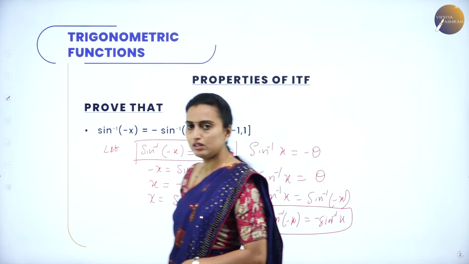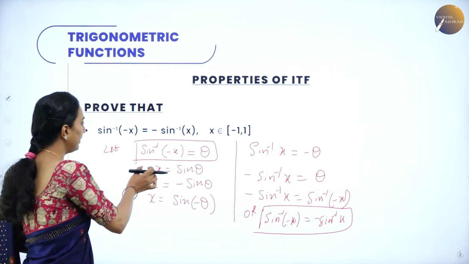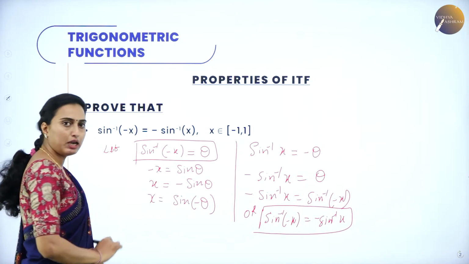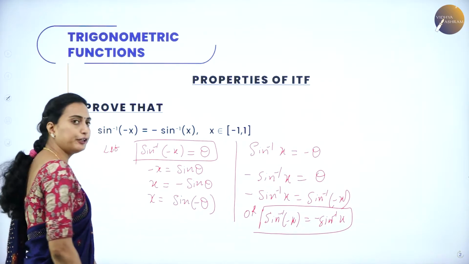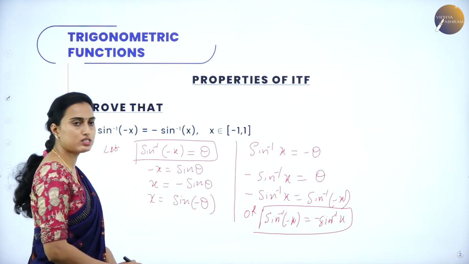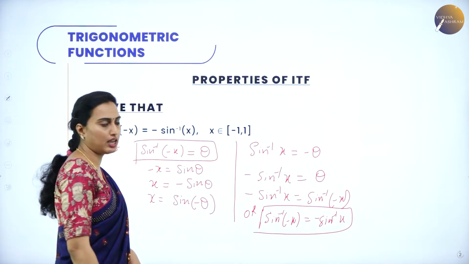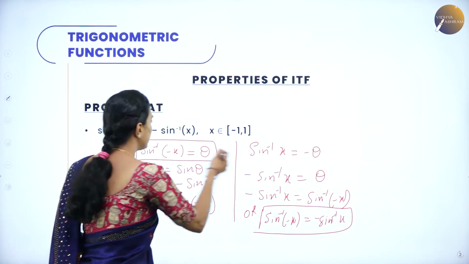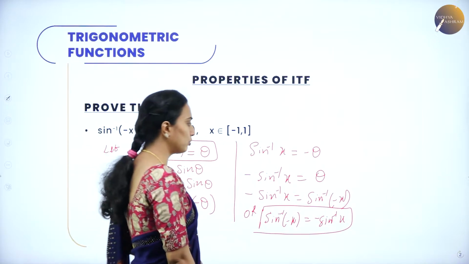Are you getting this? Here I have taken the left hand side as theta, and then I have taken sine to that side. Then I have multiplied by minus sign, and sine of minus sine theta can be written as sine of minus theta. Bring sine to the left hand side, it becomes sine inverse x equal to minus theta. Then multiply again by minus sign, so it becomes minus sine inverse x is equal to theta. And theta I am substituting as sine inverse of minus x. Understood? So I think you understood this proof.